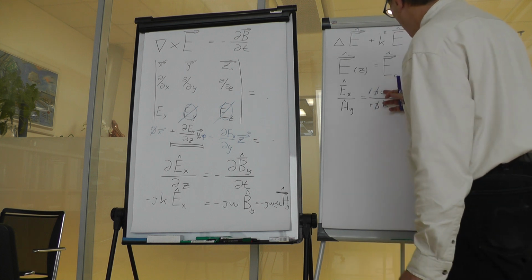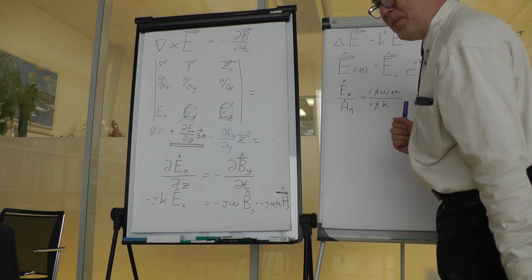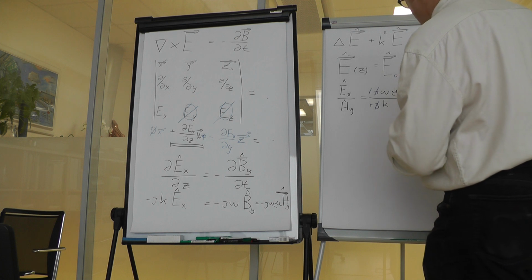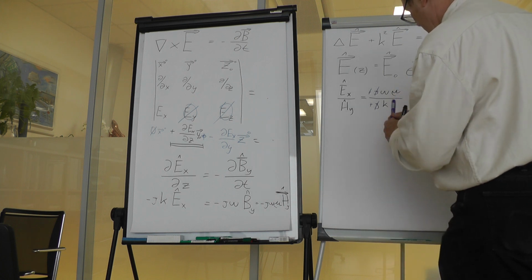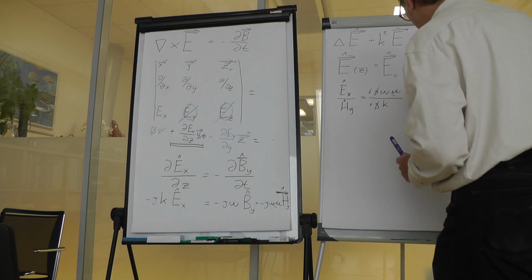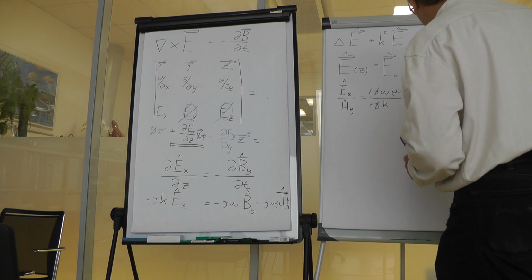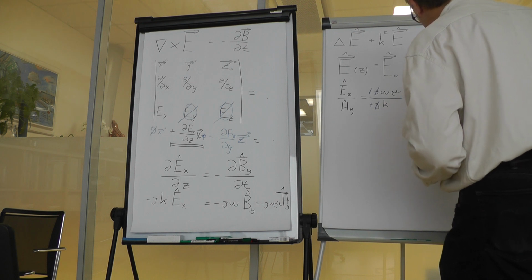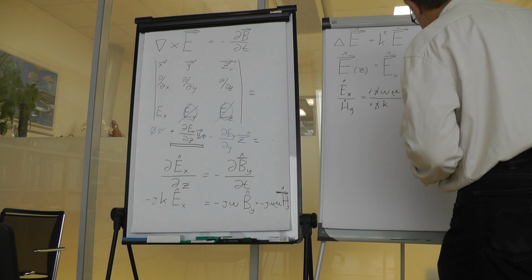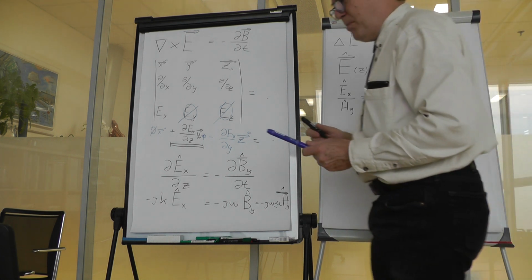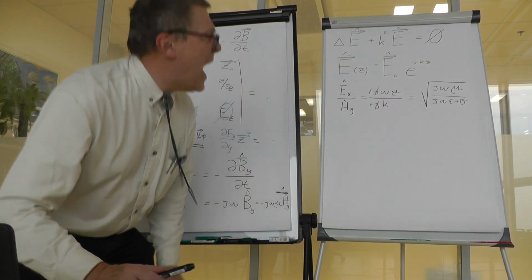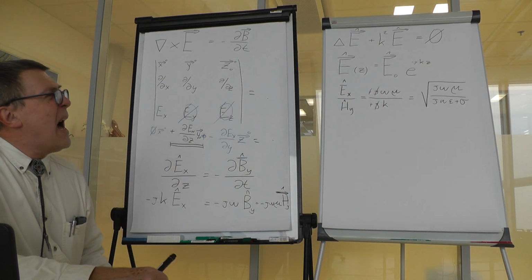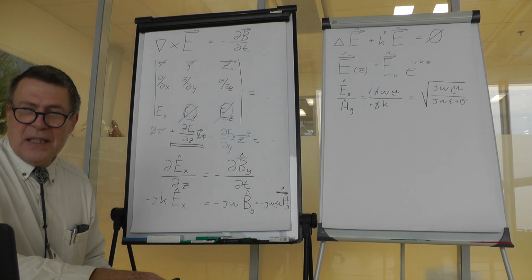And it is omega mu over k, which could be also rearranged as a square root of j omega mu over j omega epsilon plus sigma, where mu is the permeability, epsilon is the permittivity, and sigma is the specific